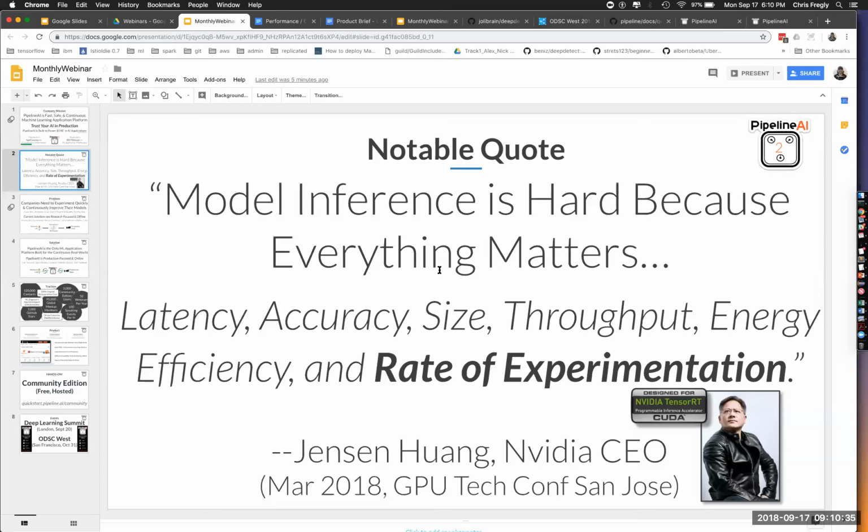Beyond just normal latency and accuracy, these are systems level things, but there's also the rate of experimentation, which is super important from the business side, where you could try out various model variants and also performance and different runtimes, specifically the NVIDIA TensorRT runtime, which is one of the options within Pipeline.